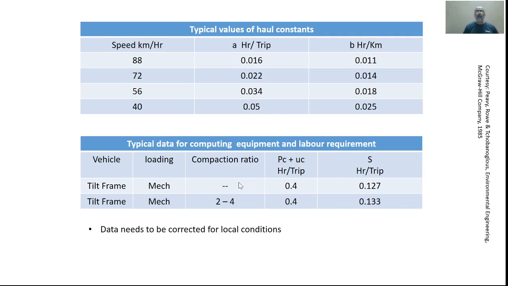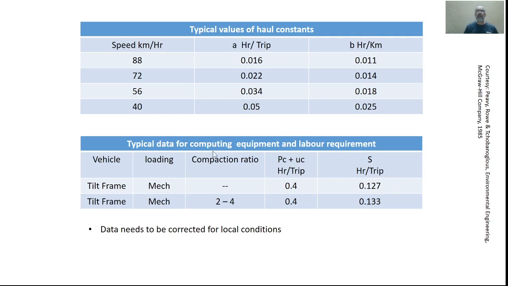Open drop boxes are also used if not equipped with a compacting mechanism, so the compaction ratio will be nil. If it is provided with stationary compactors or certain self compactors, the compaction ratio could be 2 to 4. Typically, here the pickup time and unloading of this content could be 0.4 hours per trip, whereas the approximate time spent at site is 0.13 hours per trip.